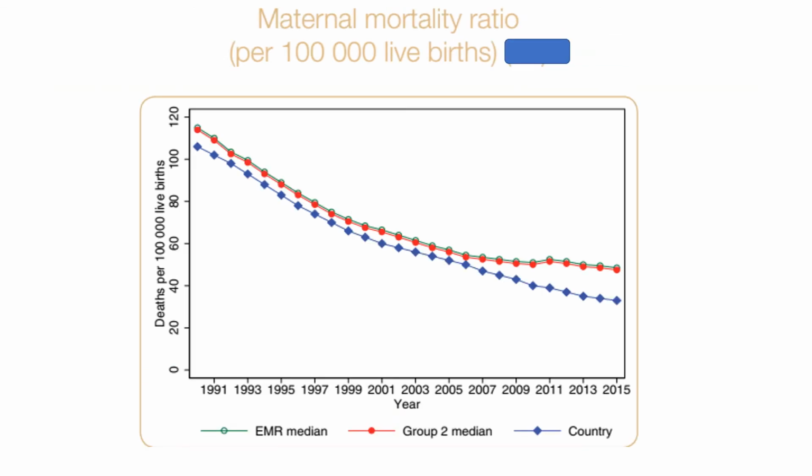Maternal mortality ratio per 100,000 live births. As you see, it decreased at 1991 from more than 100, about 110, to less than